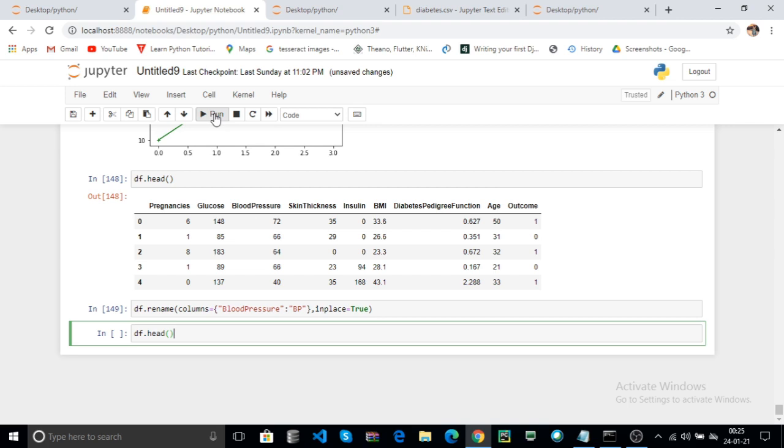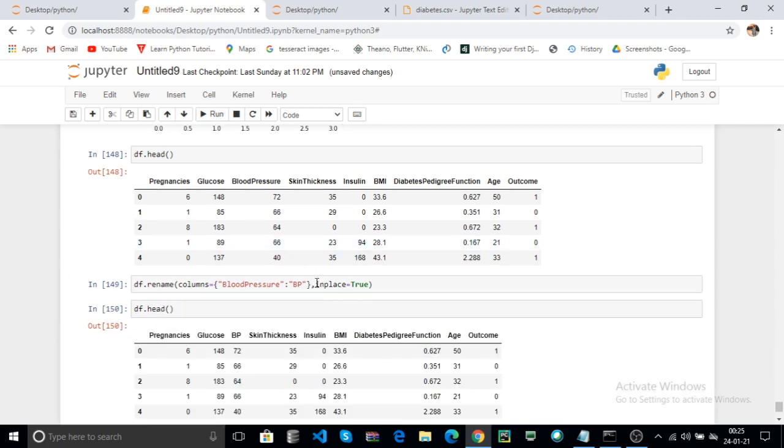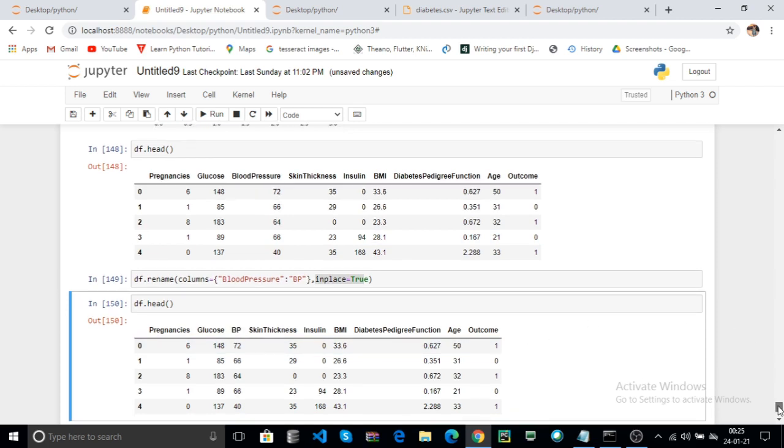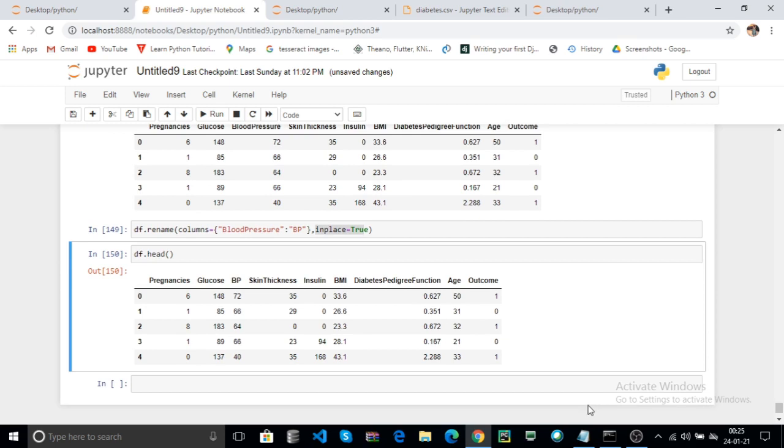Click on run. Without using inplace, BP is not updated. This is also manipulating your data set. If the data set contains no null data, proper columns and a proper format, you are so lucky.